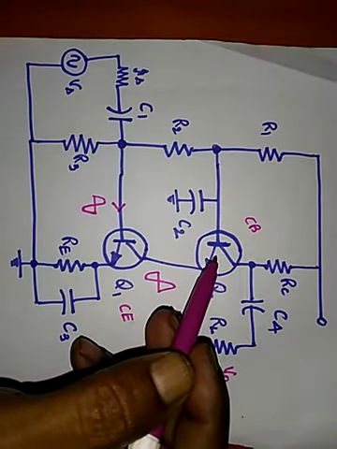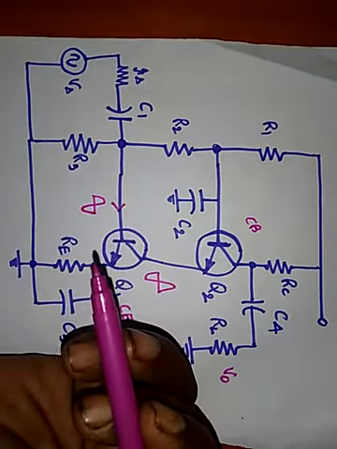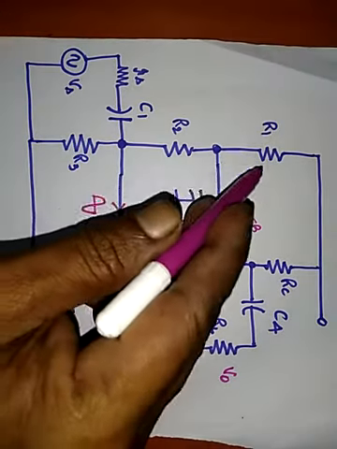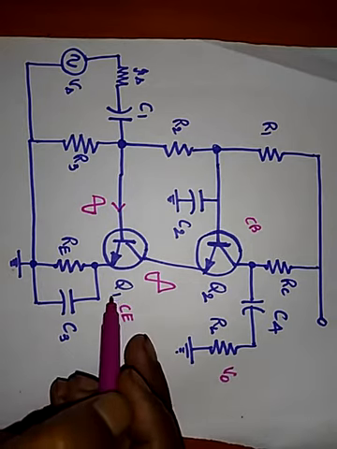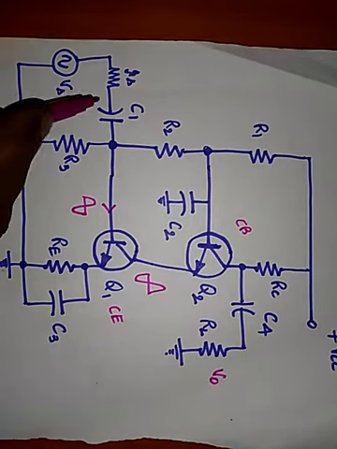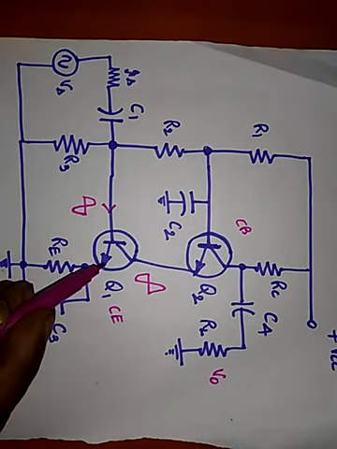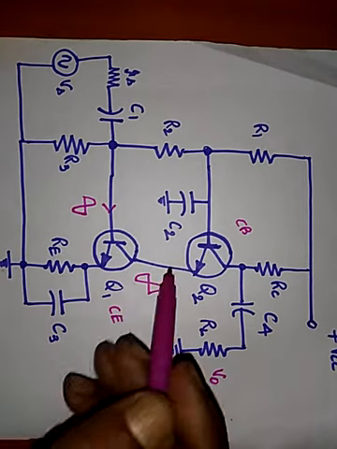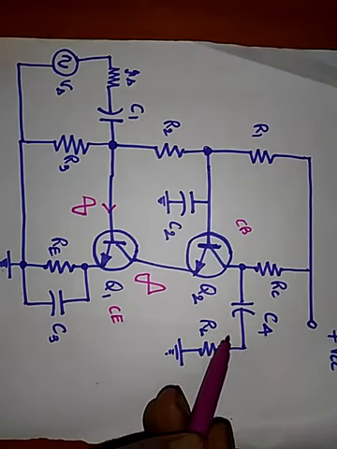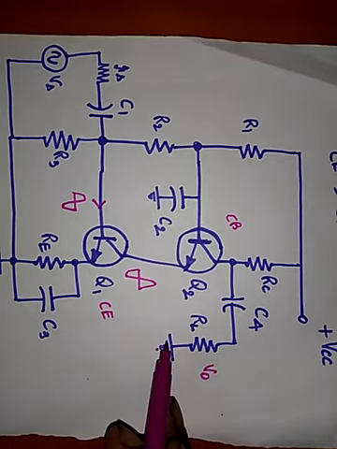Now we have to bias transistors Q1 and Q2. For that we have R1, R2 and R3, so the necessary bias is given to Q2 and Q1. This is to set the Q point of the transistors Q1 and Q2. And this is the supply voltage. This is a coupling capacitor. So the AC signal gets into the transistor Q1, which acts as a common emitter. And this second stage is a common base connection. Finally we see the output at the load resistance RL. So this is a cascode connection.